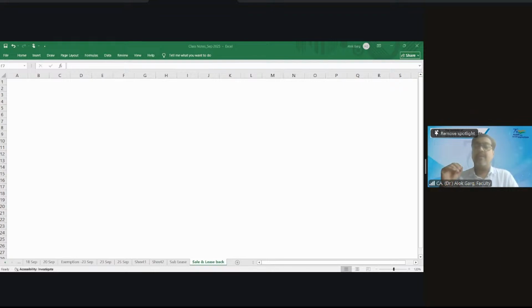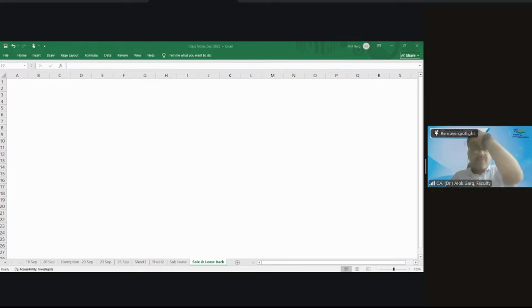And at the same time, we will enter into a lease contract. You will lease out this building to me. And what will happen then? In that case, I will pay you the lease rental on a monthly, quarterly, or yearly basis. So I am the seller, and at the same time, I will become a seller lessee, and Ayush will become a buyer lessor. So this kind of transaction is known as a sale and leaseback transaction. You sold and you lease back the asset.